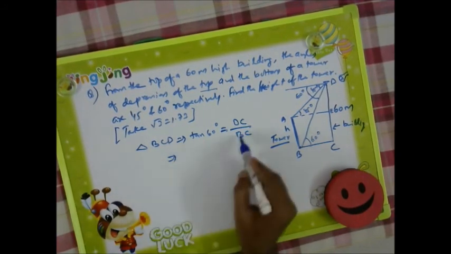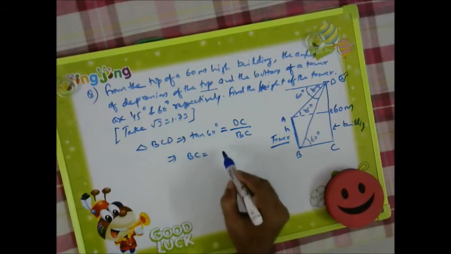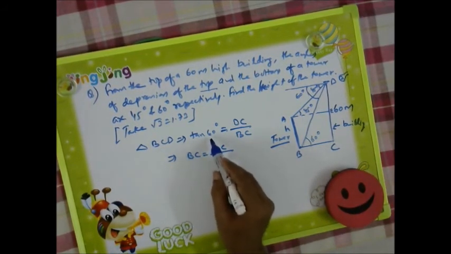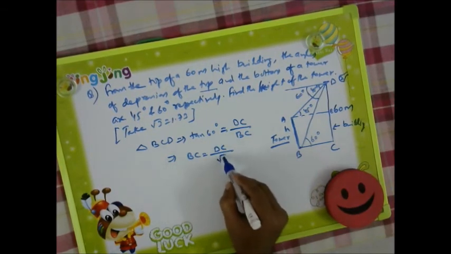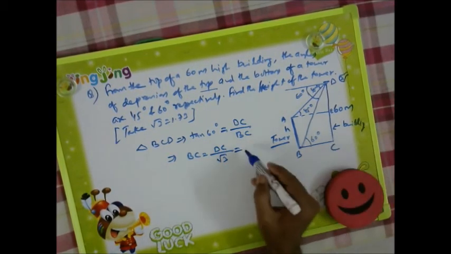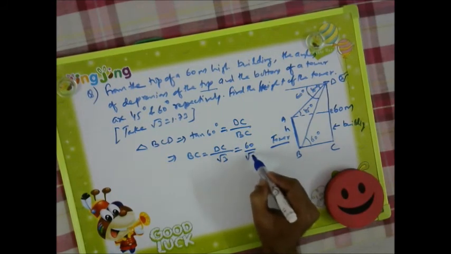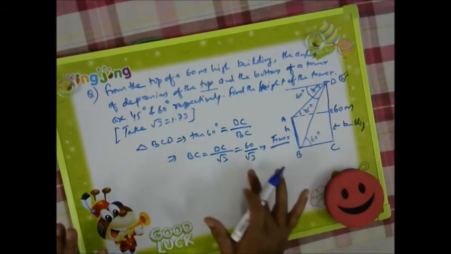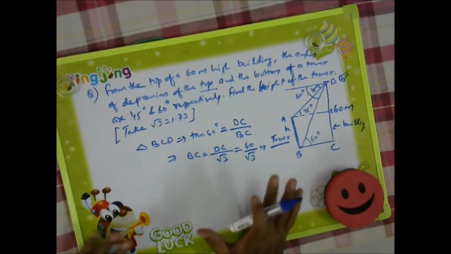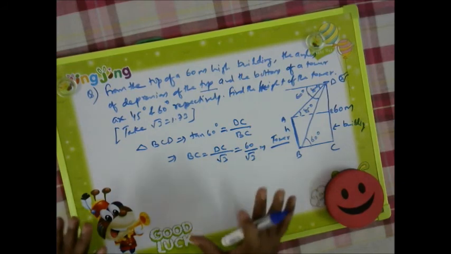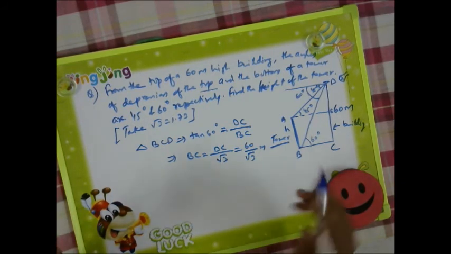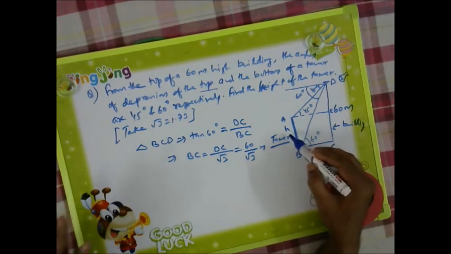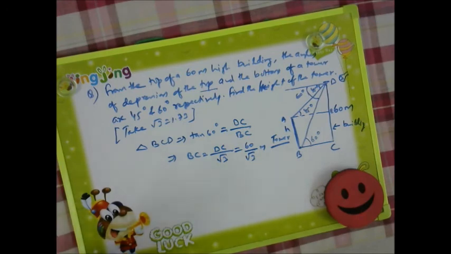Now DC is already given to us. So tan 60 degree is what? It is root 3. And DC is 60, so BC is 60 by root 3 meter. Now we will not put the value of root 3 here. Do not put any value; whatever it is, we will put it at the last only, because we need to find h. h also will come with some root 3, and there only we will put it.